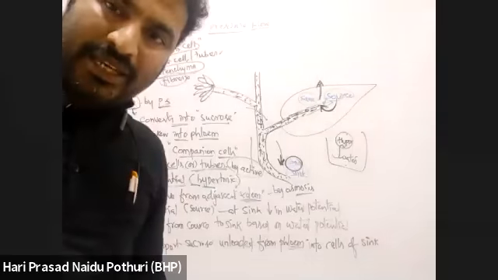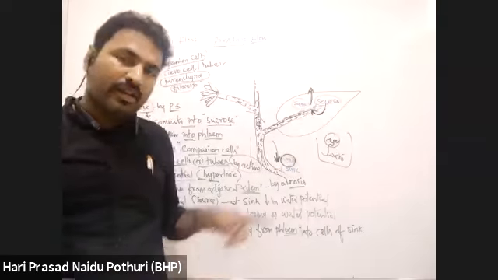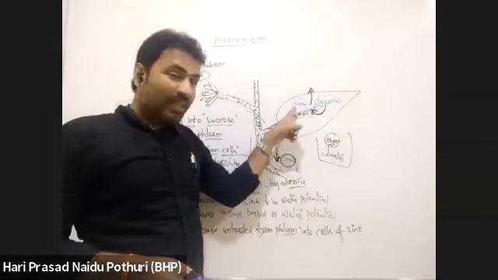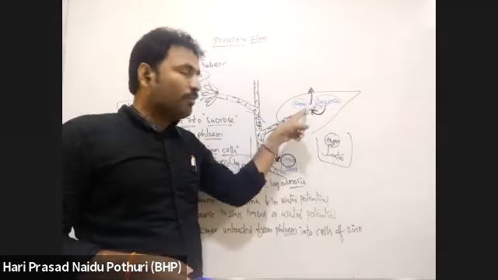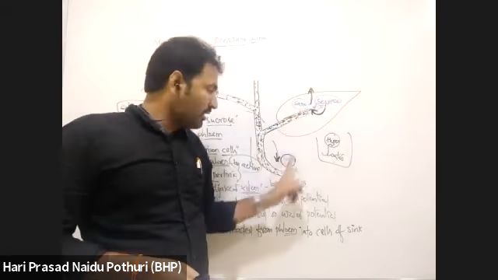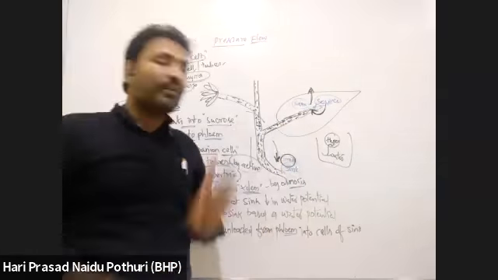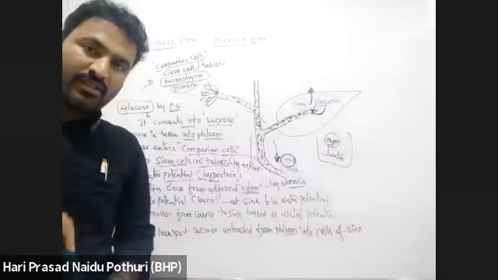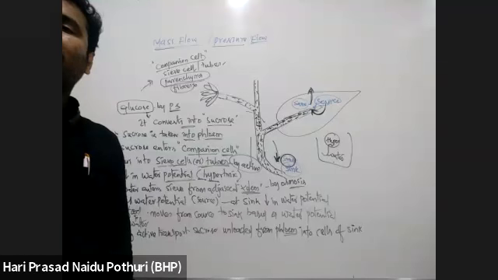This is how food is carried in the phloem through mass flow. Water potential increases in the phloem here, more potential at the source, and less potential at the sink. So from the area of more potential to the area of less potential, there is movement. This is how food and water are carried through the phloem.